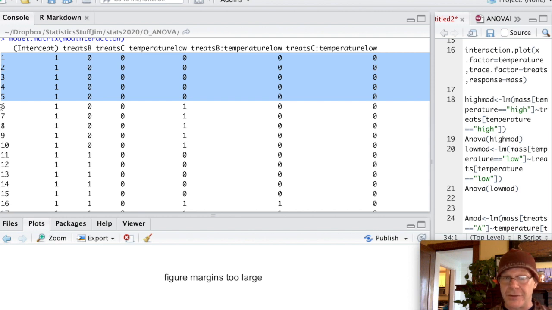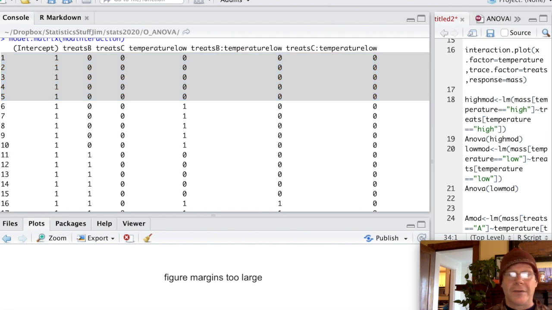raised at a high temperature. And again, that's just because what computer programs like R and others do is they order the factors alphabetically. So obviously A comes before B and C, so A is going to be part of the intercept. And then high comes before low because the letter H comes before the letter L in the alphabet. So it does things alphabetically. And so that means that if you are on